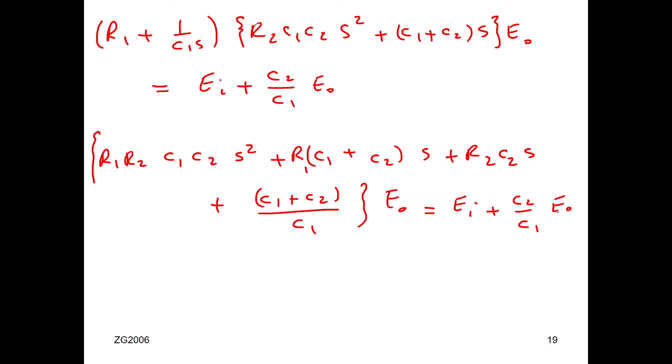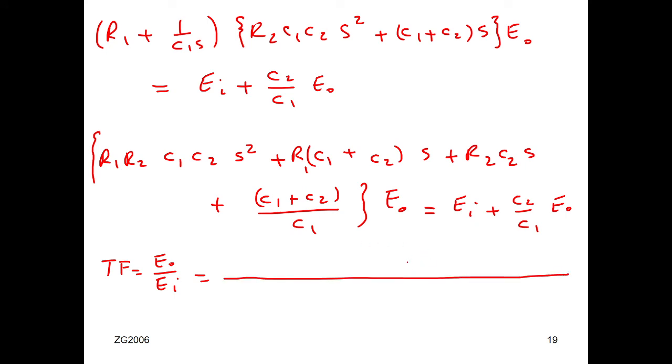Collect E out with the other E out and divide. So the transfer function, which is E out over EI, will be what? After you collect this one with the E out, okay, so